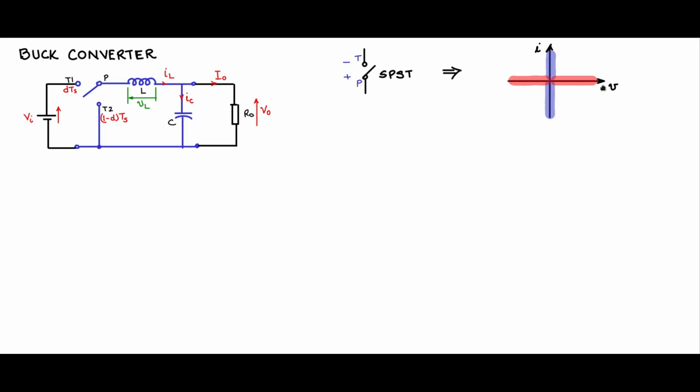So for the SPST switch static IV characteristic, the entire y-axis, the current axis, and the entire voltage axis are operating points. This means the switch can support positive voltage during the off condition, it can support negative voltage during the off condition, and during the on condition it can support positive direction current flow and negative direction current flow.